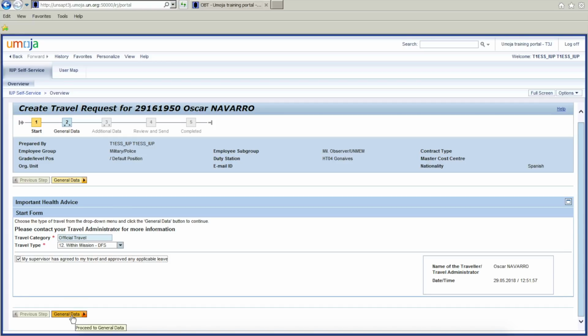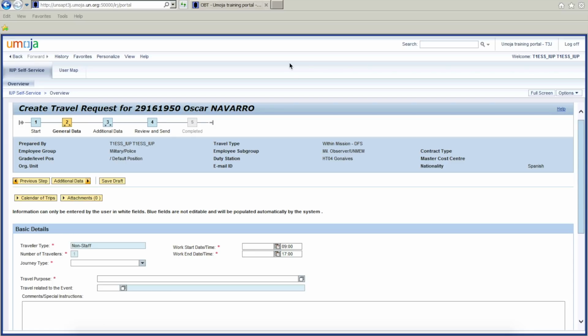General Data button. Now, once we have clicked on the button General Data, it'll take us to the following screen. As you can see now, the timeline has changed, and the number highlighted in yellow is number 2, General Data. We have already finished with the first part, which is Start, and now we're in number 2, which is